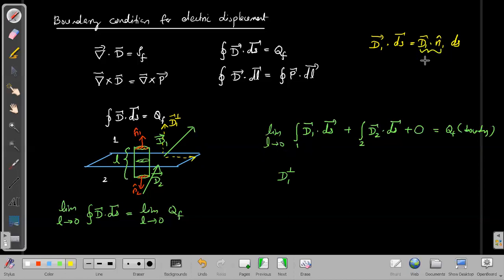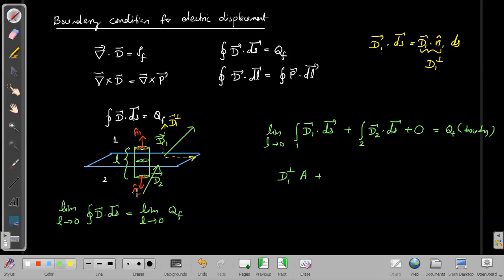Now D1 dot n1 would give the displacement along the direction n1, which is simply D1 perpendicular. So this will give D1 perpendicular times the integral of dS. The integral of dS would give the area of that surface. So that would give D1 perpendicular times A plus